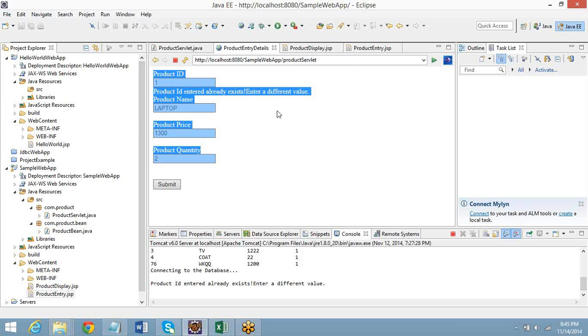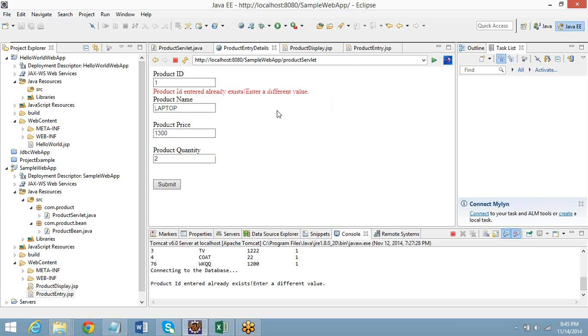Why you need to remove? Actually, you need to write an update query. Keep the product ID and laptop product name read only for your edit, and only product price and quantity should be editable. In case the person wants to change the product ID for that particular product name, like he doesn't want to keep it 1, he wants to keep it 15. So if I hit on submit update button, I would have written an update query which has a where condition for product ID, right?